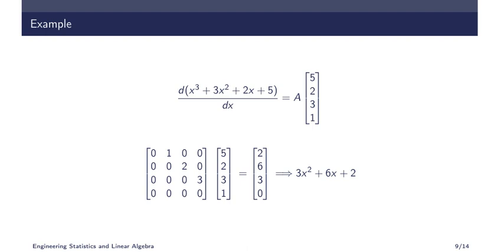So you may have a doubt why we do this when we have a direct relation like this one. But when you map these things to a computer, for example MATLAB does this operation. MATLAB is a software which doesn't know by heart these things: derivative of x cube is 3x square. No, it uses a matrix like this and multiplies the polynomial to this one, and you will get this one.